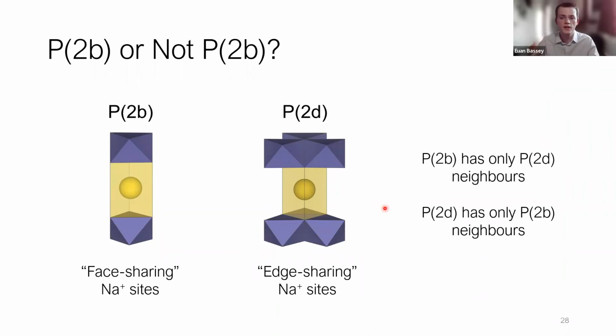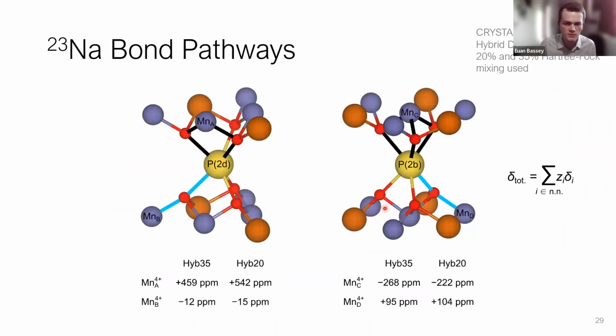If we do a bond pathway calculation, just as we've done before, we end up with these sets of values, which, if you think about it in terms of the Goodenough-Kanamori rules, makes sense. If we then sum up the bond pathways, we end up getting each of the shifts. Now, to tag on to one of the questions that was asked about the distribution and how much is honeycomb versus how much is non-honeycomb,